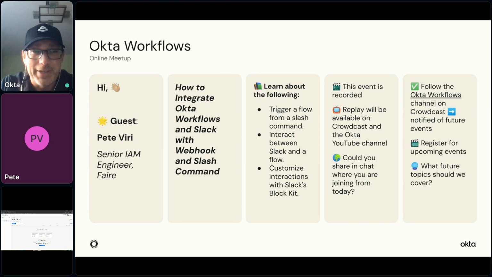And today we have a special guest for this online meetup, Pete Viri. He is a senior IM engineer at FAIR. And the topic that he's going to cover today is how to integrate Okta Workflows and Slack using webhooks and a slash command. A little more specifically, we will learn how to trigger a flow from a slash command in Slack, how to build interactions between Slack and a workflows flow, and then also how to customize interactions using Slack's Block Kit